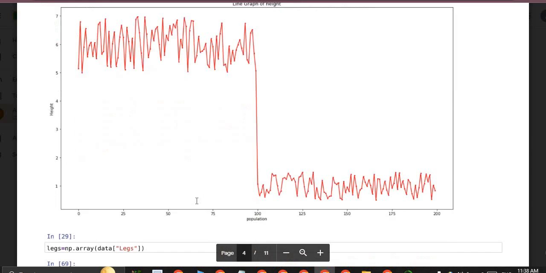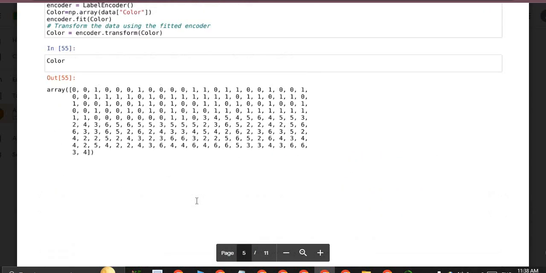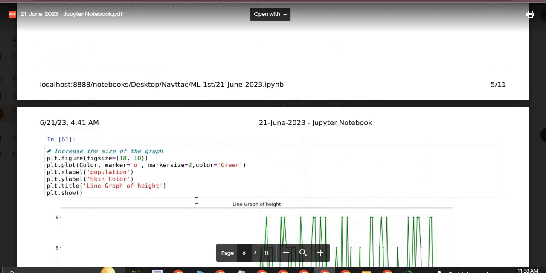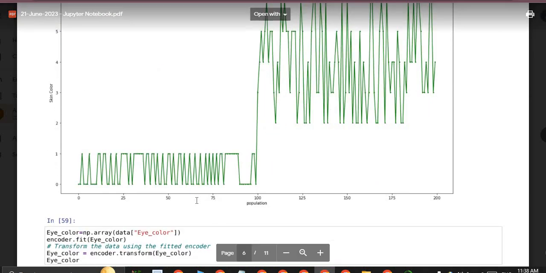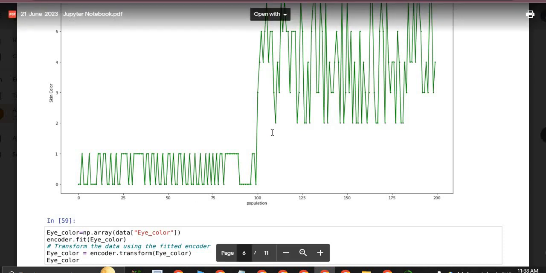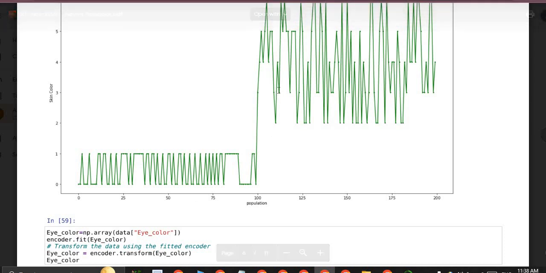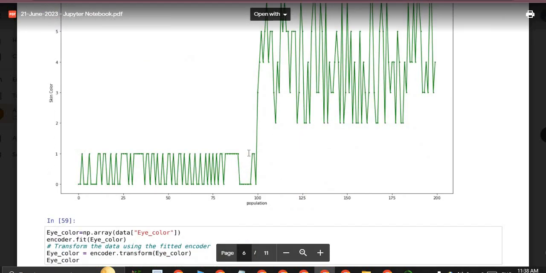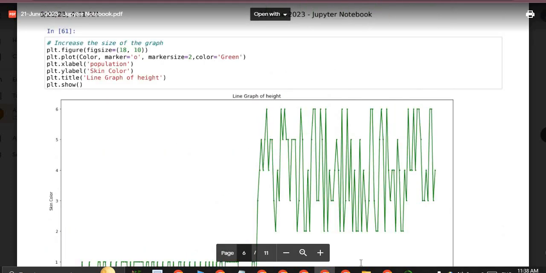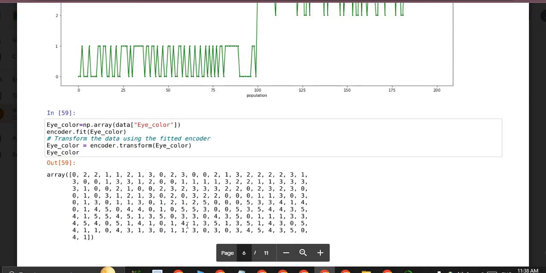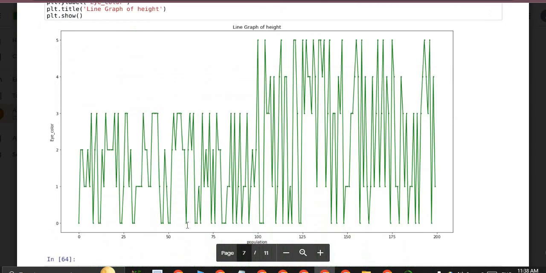We have 6 values of colors. It shows that 0 and 1 are for cat and 2, 3, 4 and 5 are for human. So this shows the color of cat and this shows the color of human. Here is eye color.